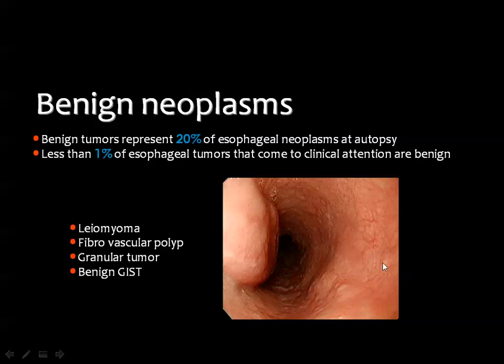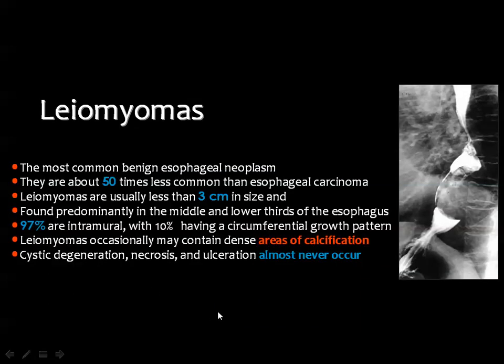Benign neoplasms represent about 20% of esophageal tumors at autopsy, while 1% of these tumors come to clinical attention, and they include, as I have said, these types of tumor. But the most common one is leiomyoma. It is usually the commonest esophageal benign neoplasm, but is far less commonly seen in clinical practice compared to